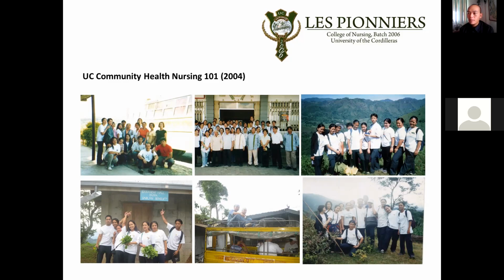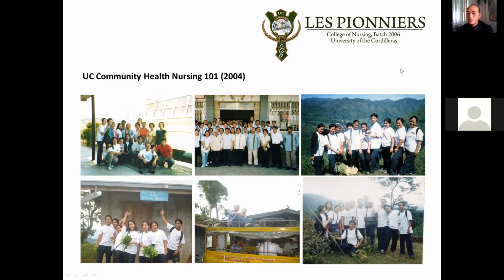So sometimes magta-top load kami, doon kami sa taas ng jeep sasakay. Okay? Or when we go from house to house, minsan sasakay kami ng jeep. Okay? So kaya yan, nakatop load yung mga iba. And that is your community nursing 101. Iba pa yung mga codes nun eh. Okay? So that is